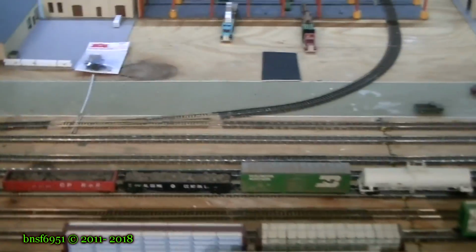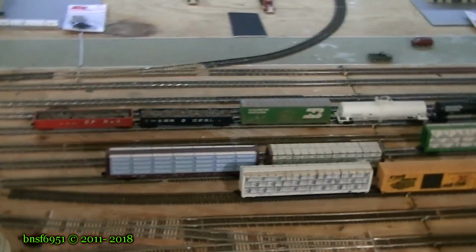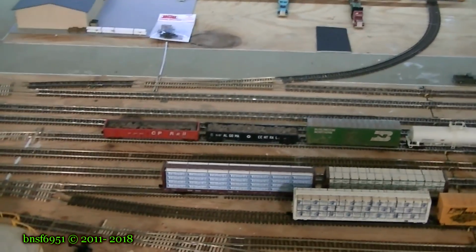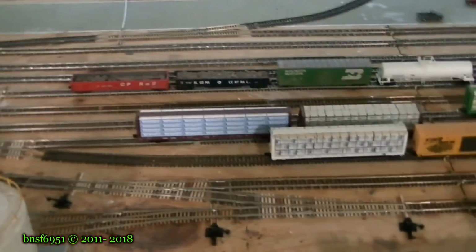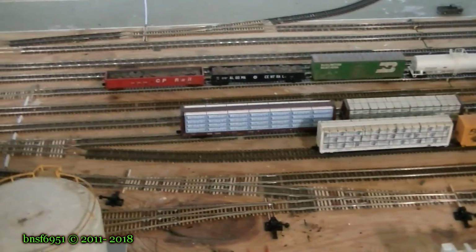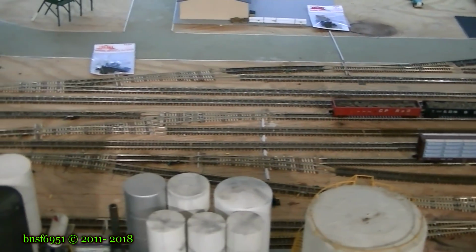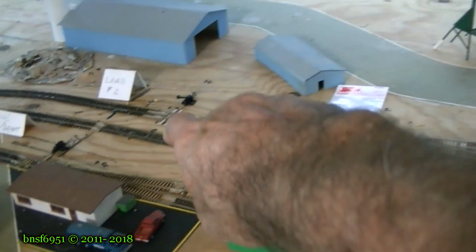Alright, so now that that's out of the way, you've got to be creative when you're doing a model railroad. I think I told you that this railroad goes from Phoenix to Williams, Arizona. That's 195 miles that I am squeezing into this layout, and it wasn't easy to get everything I wanted, but I succeeded on getting most of the iconic places. Anyhow, our train's going to leave, and sorry for the shaking camera, the arrival or departure track, and he's going to come around here,